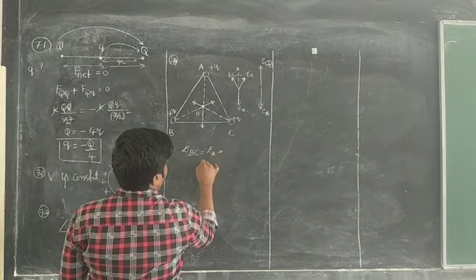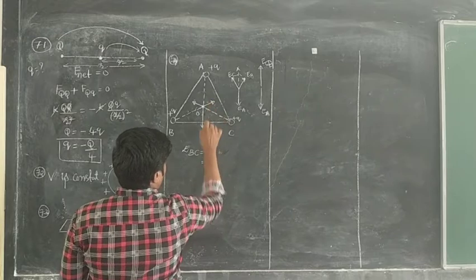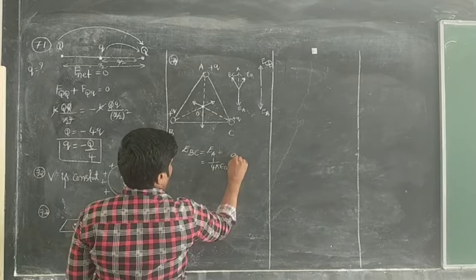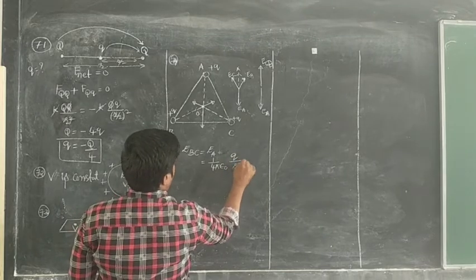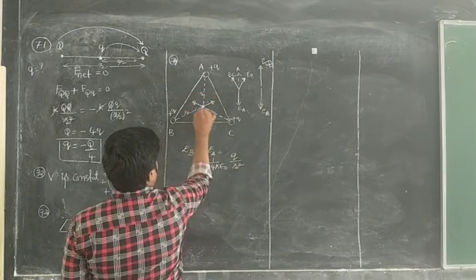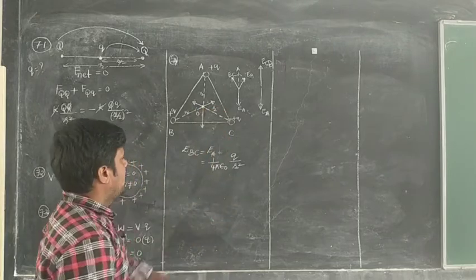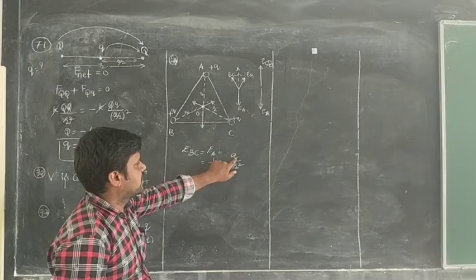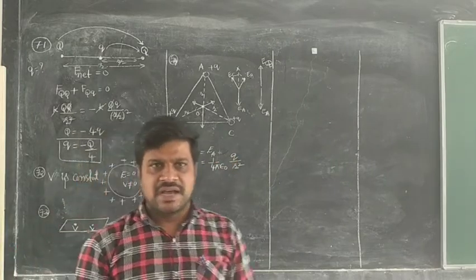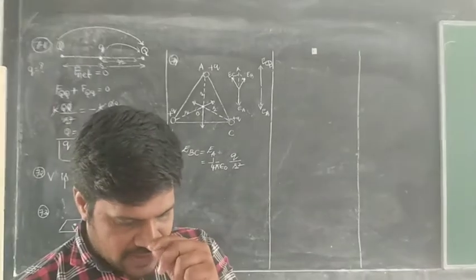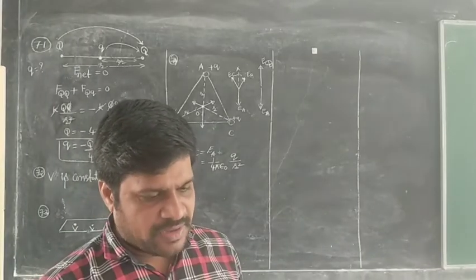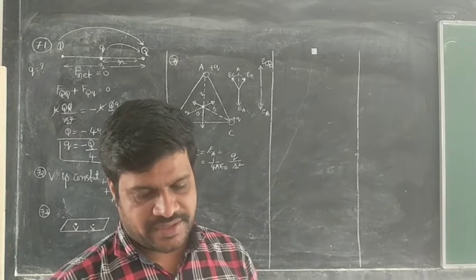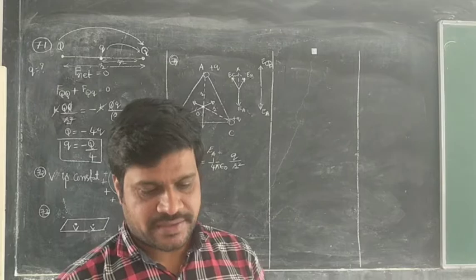That means EA, the electric field due to one single charge A, is nothing but 1 by 4 pi epsilon naught Q divided by R square. From here to here, distance is R. So the net electric field at this point is nothing but 1 by 4 pi epsilon naught Q divided by R square. That is the answer. So which option is correct here? The option is 1 by 4 pi epsilon naught Q by R square. The first option is correct.